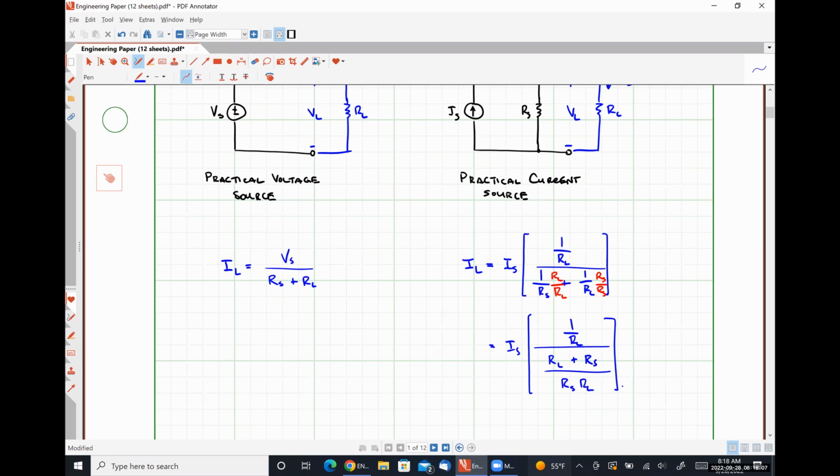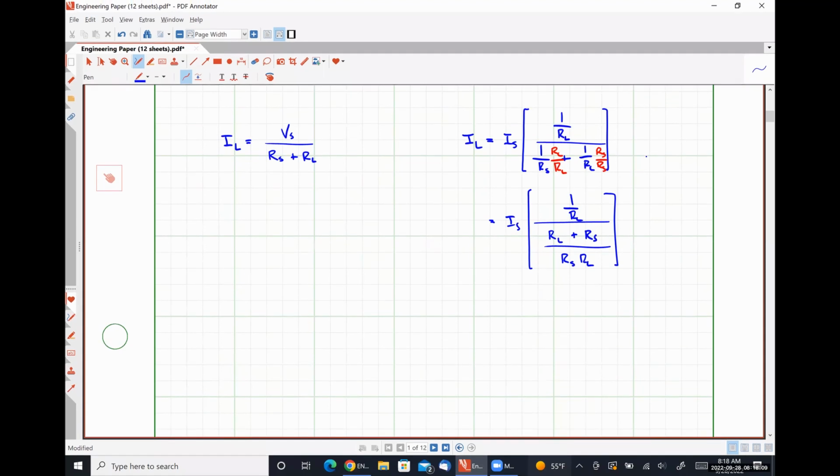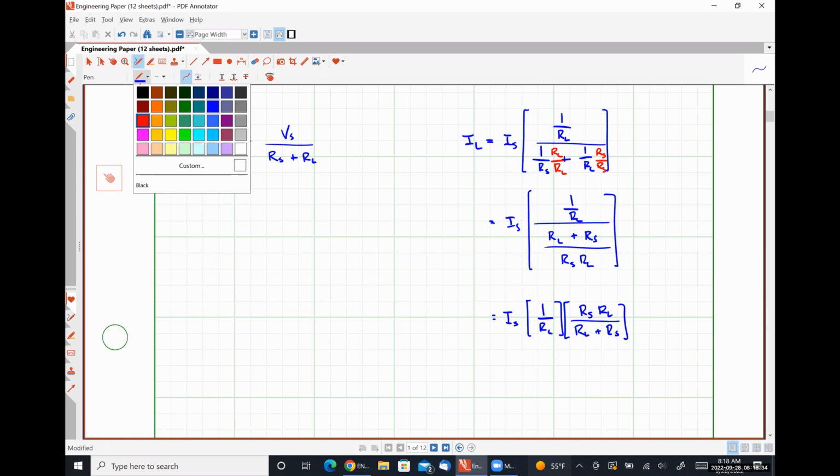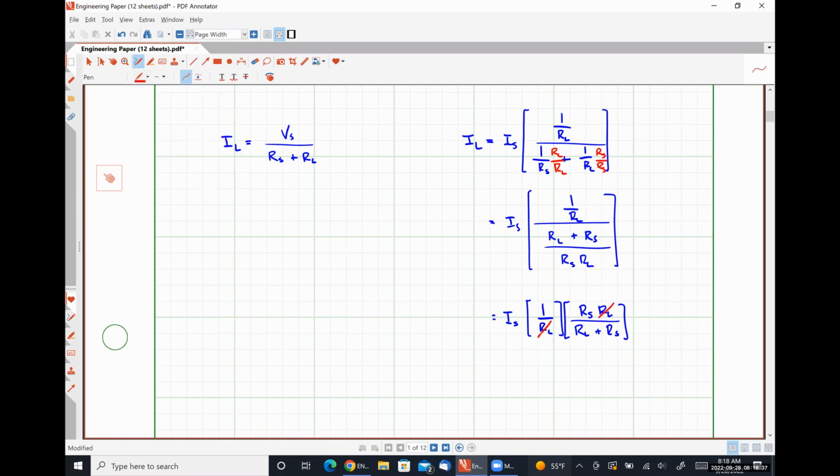Multiply by the reciprocal, right? So this is going to look like IS times 1 over RL, times the reciprocal of my denominator. That's going to look like RS times RL divided by RL plus RS. And we can see pretty easily that this RL cancels this RL, leaving us with simply IS times the ratio